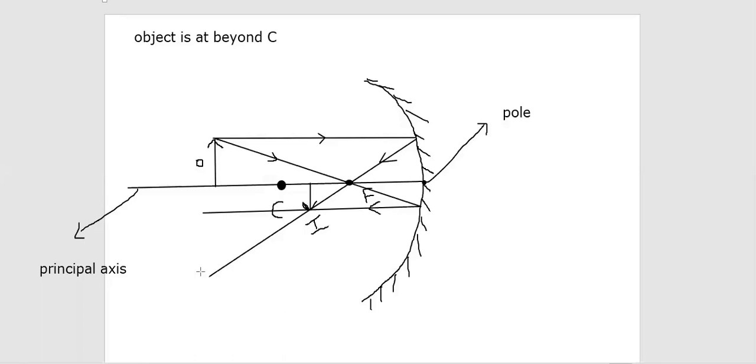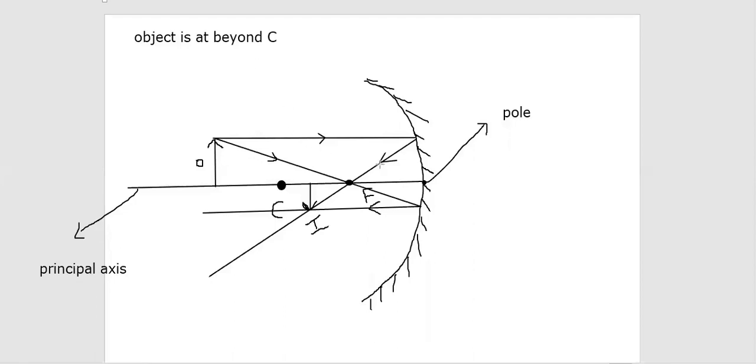To get the image we need to use two rules. Okay, one student is asking why we should use two rules, sir. Two rules compulsory you need to use, because if you use one rule, we can't get the image. Two reflected rays should compulsorily be there to get the image. If only one reflected ray is there, how will you get the image? Understood? Okay, then everyone understood about this one.